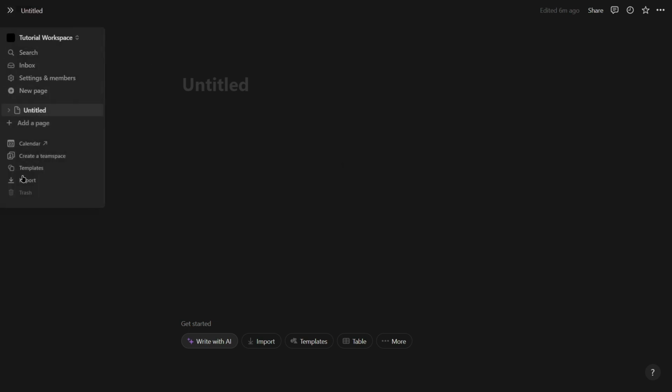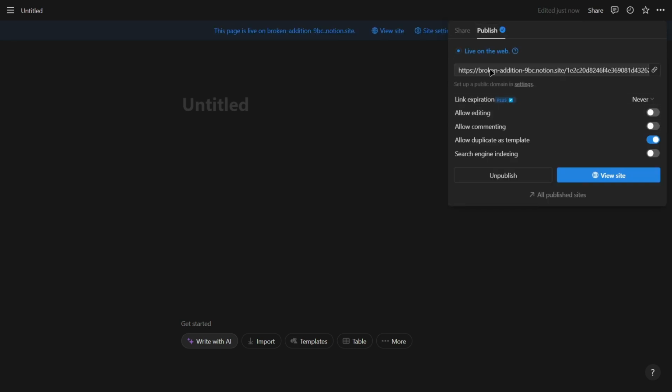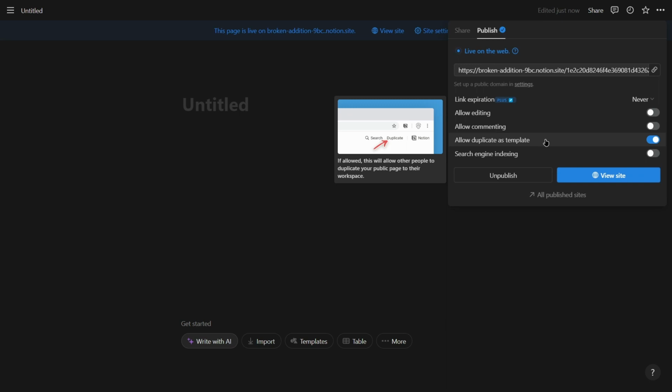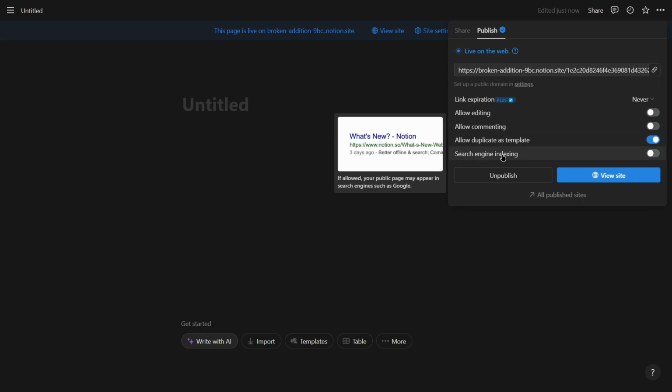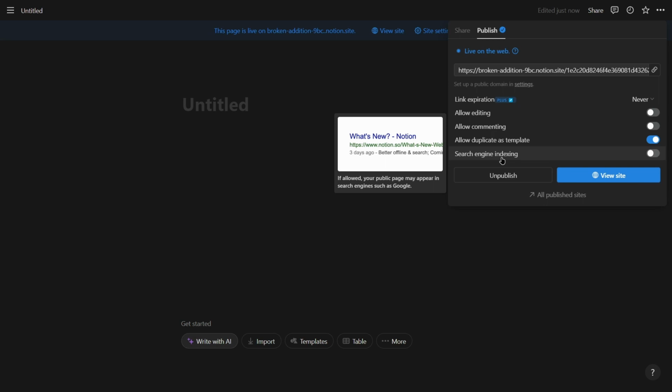We have this panel cleared. Now let's have a look at this panel. So we can see once when the page was last edited, we can share it to the web. So if we can publish it, this is our URL that other people will see. And we can choose if other people are allowed to edit this page, if they are allowed to comment on this page, duplicate this page so they can make a copy of this page to their own workspace or their own Notion account. And you can choose if you want to index this page, so make it viewable in search